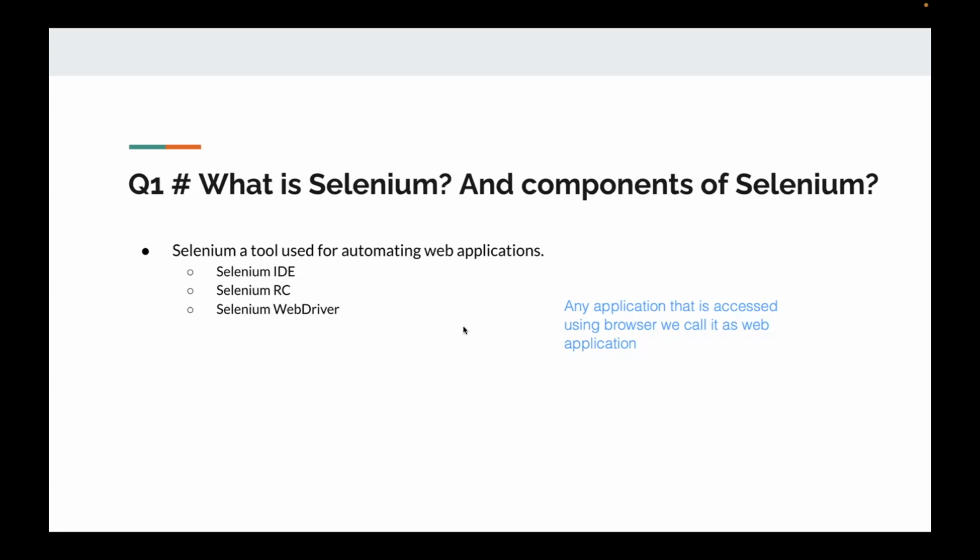In Selenium, basically there are three varieties of components, or you can say three varieties of categories. Okay, one is Selenium IDE, second one is Selenium RC, and the third one is Selenium WebDriver. So using Selenium IDE or Selenium RC or Selenium WebDriver, using any of these three, you are able to automate the web application. You can choose any one of them to automate a web application. Okay, but